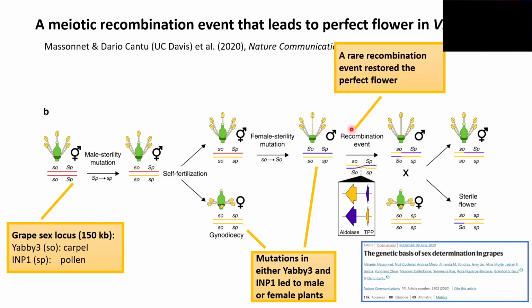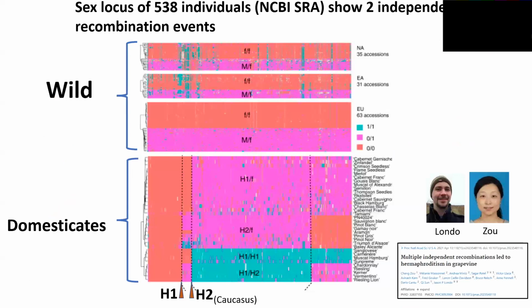So basically, this recombination event is very rare, and then selected by the human ancestors who identified this recombination event. They probably noticed some very dense clusters, and they started to preserve it, and it became today's domesticated grapes we're used to today. So in parallel to Daryl's work and Jason Londo at Cornell, and together with Chen